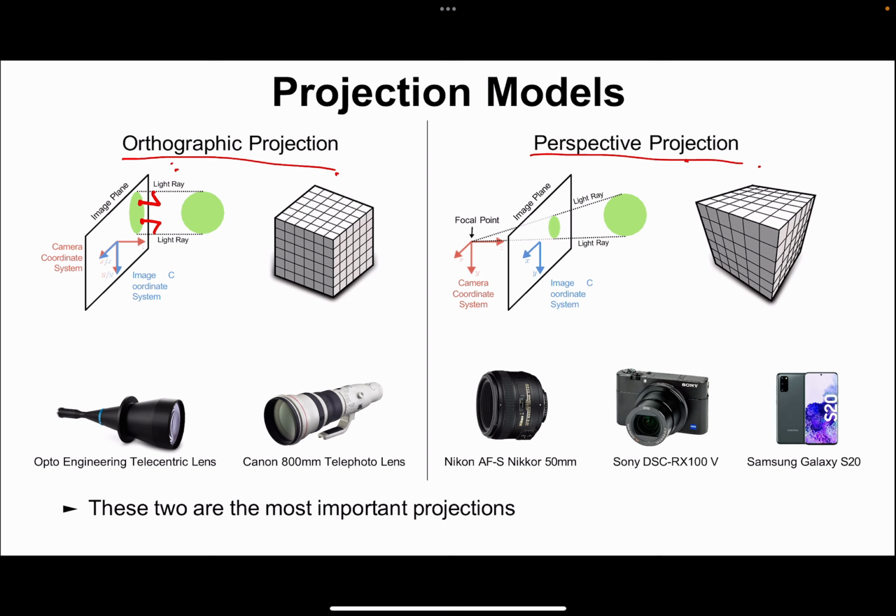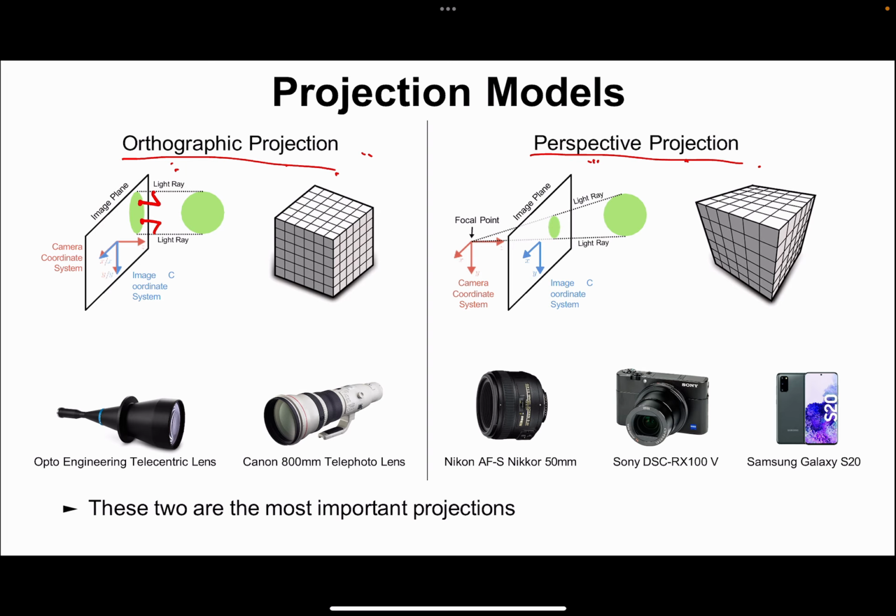But in orthographic projection, there's no such concept. All the things are projected to the same size in the image space, and we can make it much mathematically easier. And a specific example where we can approximate real perspective projection with orthographic projection is capturing some object with a really